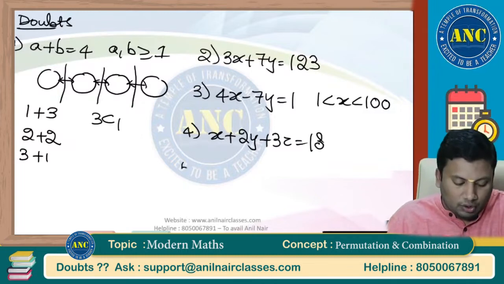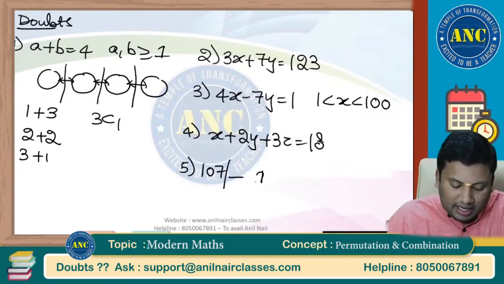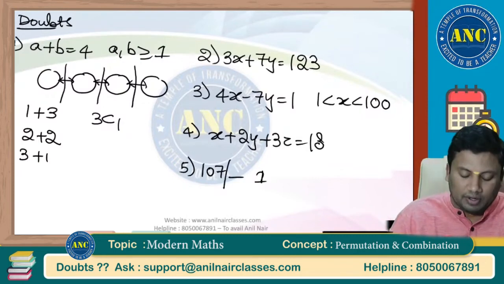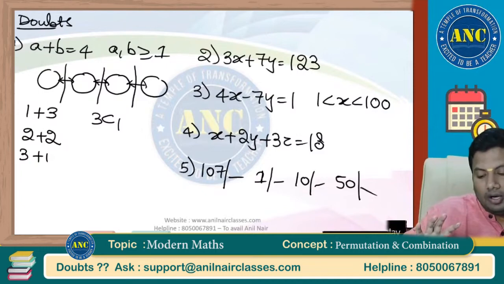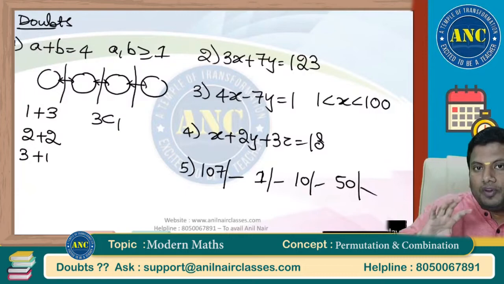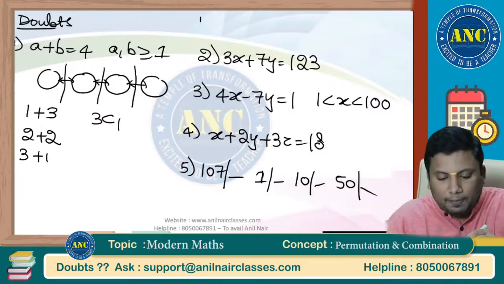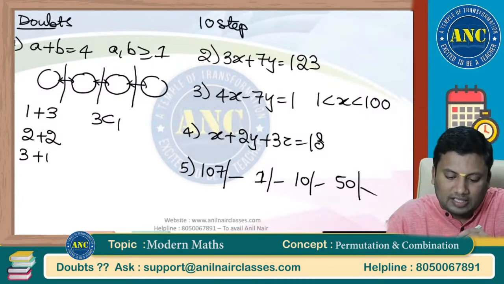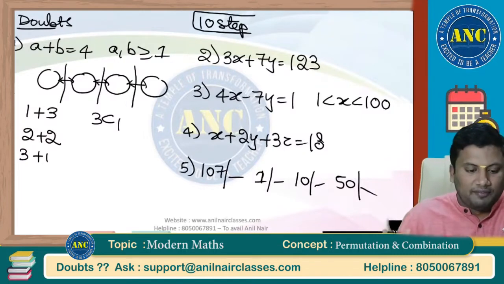To solve a CAT question, in how many ways can I use 107 rupees, using denominations of 1 rupee, 10 rupees and 50 rupees? Sir, how to solve these advanced questions? We want to learn from you. How will you solve this question? Because we know for sure that when we saw this question in the mock paper, almost a 10-step solution is there, sir. So please conduct a special class to help us solve this kind of questions,